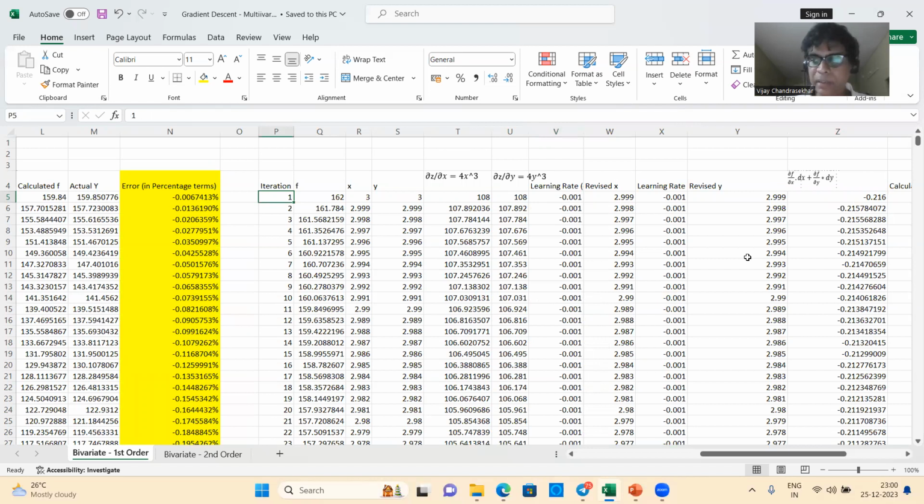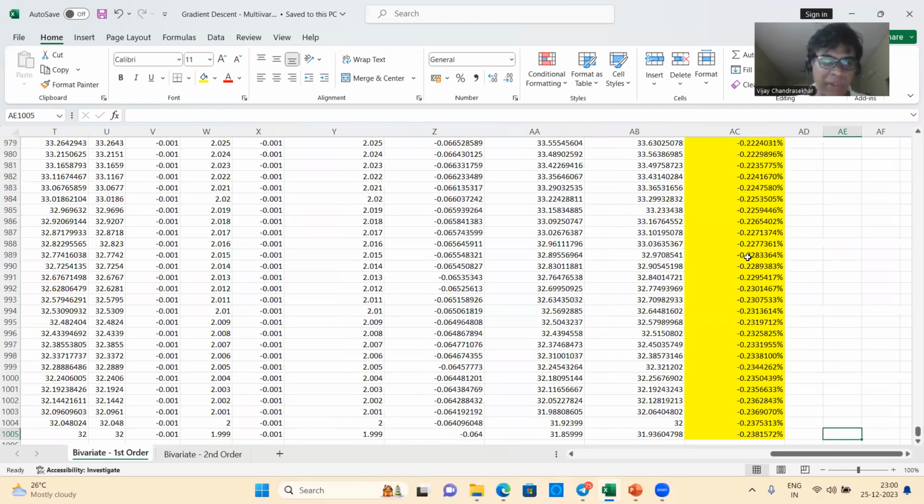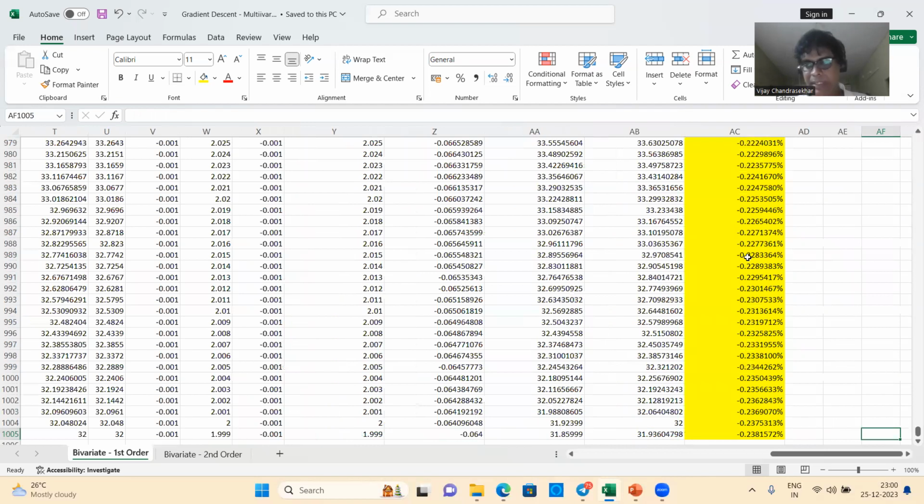We go all the way down. Again, don't worry too much about 2 and 1.99. It's not going to be very material, but anyways, the error is negative 0.238%. All right. So clearly, when the learning rate is smaller, the error that we get to see is much